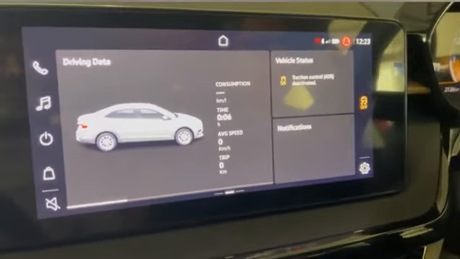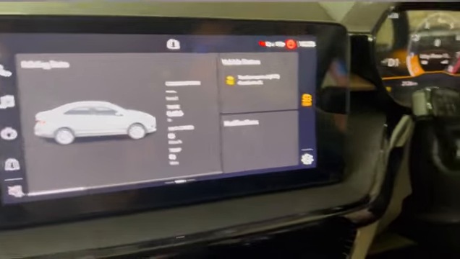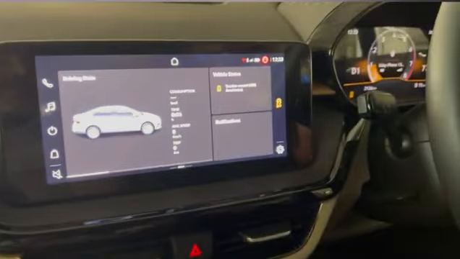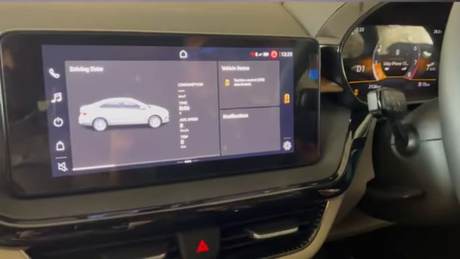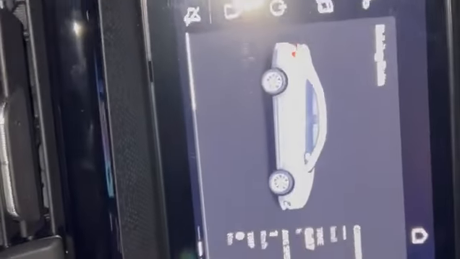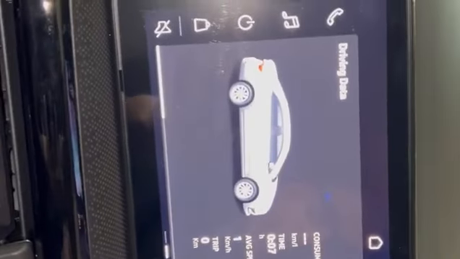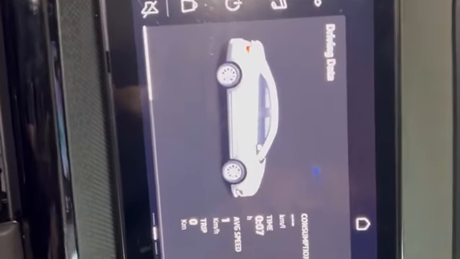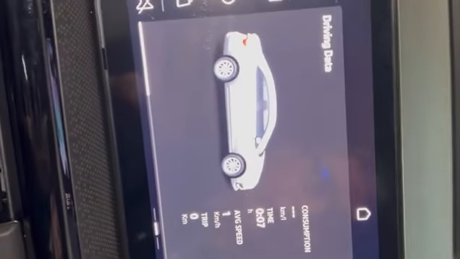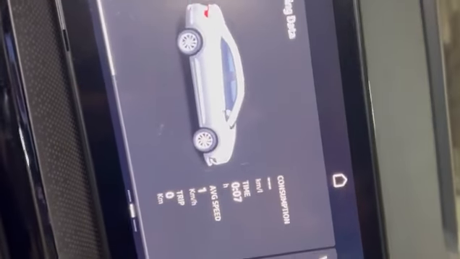Now, sir, I am not using the accelerator at all, and the car is moving. This function is known as the creep function. As per your suggestion, we are driving this car in the city, right? You tell me how many kilometers of mileage we can pick up now. See, maximum in an automatic you will get anywhere between 9 to 10 kilometers per liter, especially in automatics, because automatics shift according to the setup.